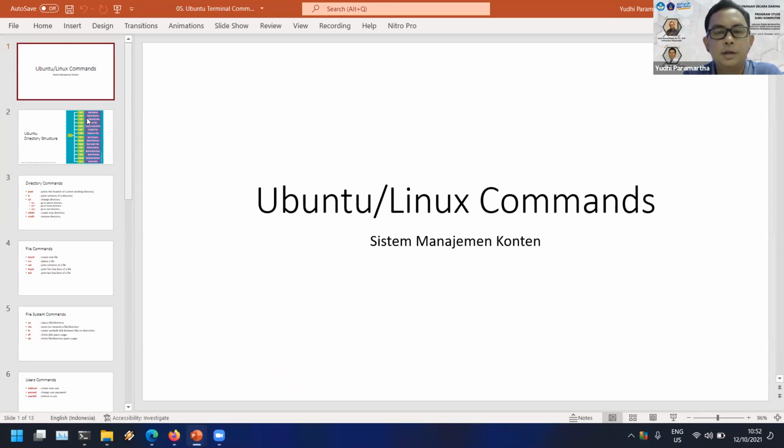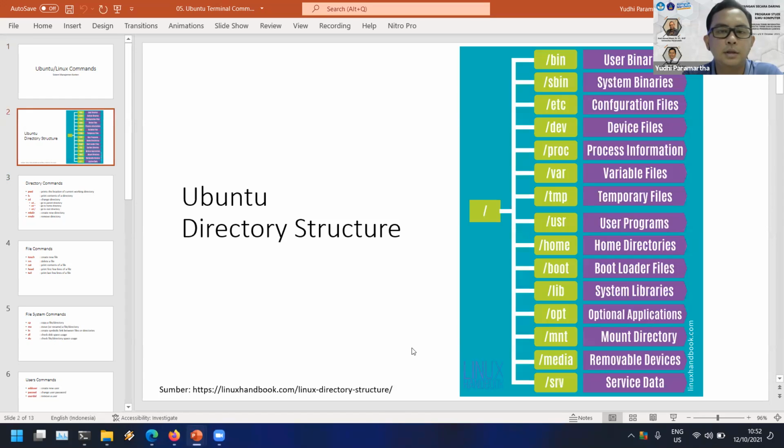In the Linux command line, before we use it, we have to know about the directory structure in Linux, especially in Ubuntu. Maybe some of you are familiar with it, but if you don't, we will talk about it now. The main directory of the structure is called the root.